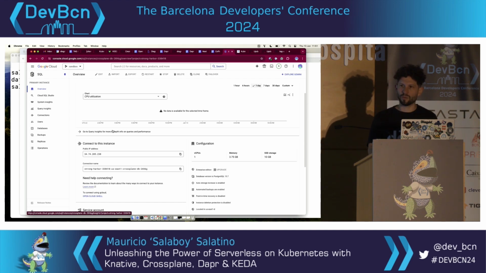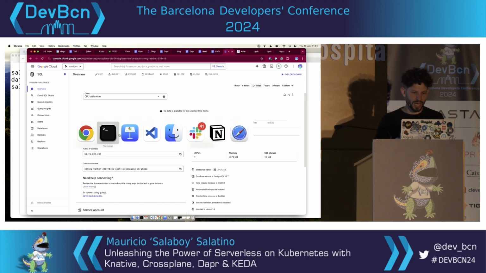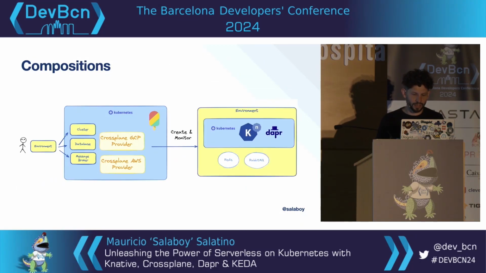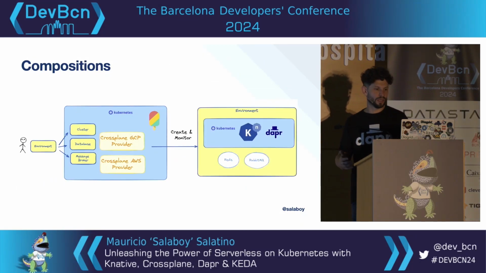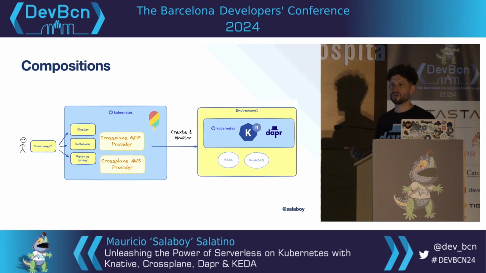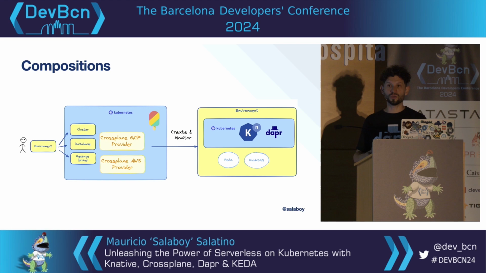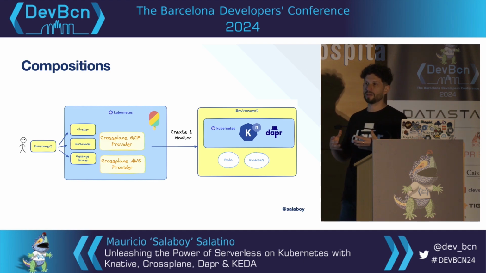So usually it's not that I want to just create a single thing. I just want to create a group of things and they need to be linked together. And that's where I think that Crossplane actually nailed it with their definitions and their mechanisms. And they created something that is called composition. So if you go to their website, crossplane.io, and look for compositions, basically what they allow you to do is to create these composable resources where you can say, I want a cluster, a database, and a message broker, and that will be my environment.